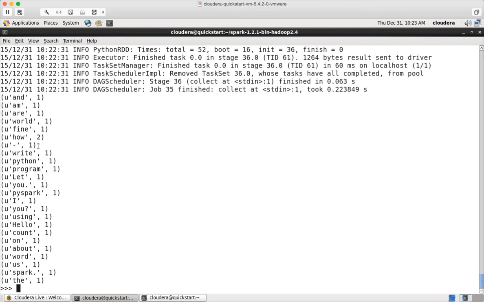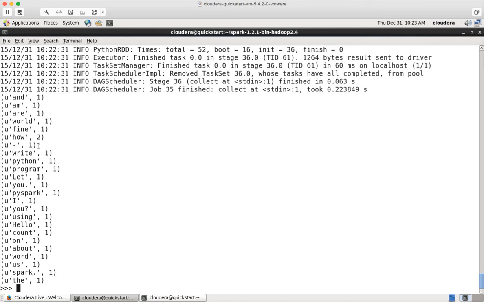You can apply aggregateByKey also in some cases where you have to apply something called a custom combiner. You can use aggregateByKey. We will see that later, but as of now we have seen flatMap and map to